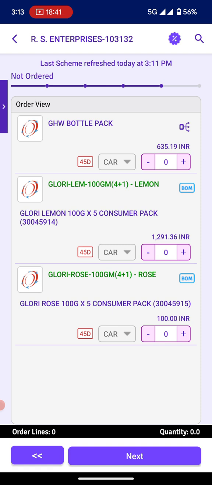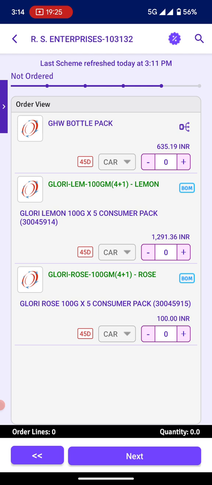This page is about the materials which are not sold on a specific date. Like if the material is not sold for 30 to 44 days, it will be showing 30 days. If the material is not sold for 45 to 59 days, it will be showing 45 days. If the material is not sold for 60 to 74 days, it will be showing 60 days. If the material is not sold for 75 to 89 days, it will be showing 75 days. If the material is not sold for 90 and above days, it will be showing 90 days.